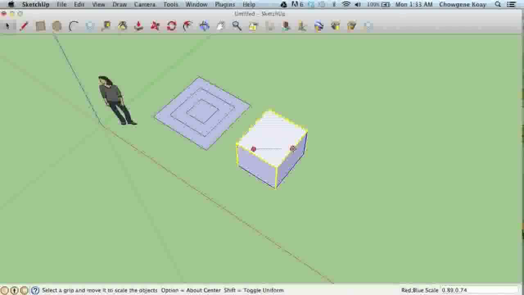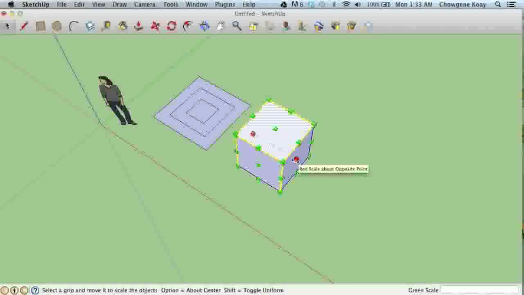So from this one, it'll be red on the left-hand side and blue on the right hand. Over here, it would be green and blue, and here would just be green, red, and blue. So a couple different ways you can scale the object,